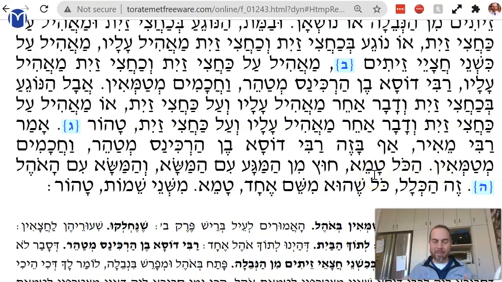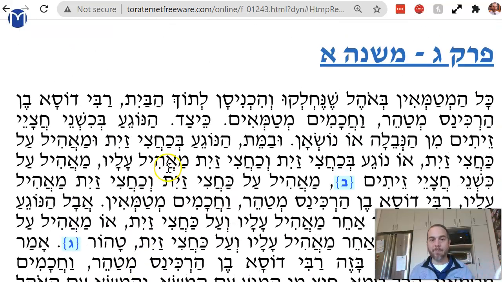Why? So now we're going to learn the rule, and there are a lot of ways to learn this Mishnah. I'm trying to make it as simple as possible according to the Bartenura. Hakol tameh: everything is tameh, meaning combined together. You can combine two things according to Chachamim. Chutz min maga v'masa im ohel, except maga and masa with ohel. Why? Zeh klal, this is the rule: kol shehu mishem echad tameh, mishnei shemot tahor. If it's from one shem, one title, maga, masa, or ohel, it's tameh. But two shemot, it's tahor. If it's two different things, maga im ohel, ohel im masa, according to the Chachamim you don't combine them together. Oh, we have a big problem.